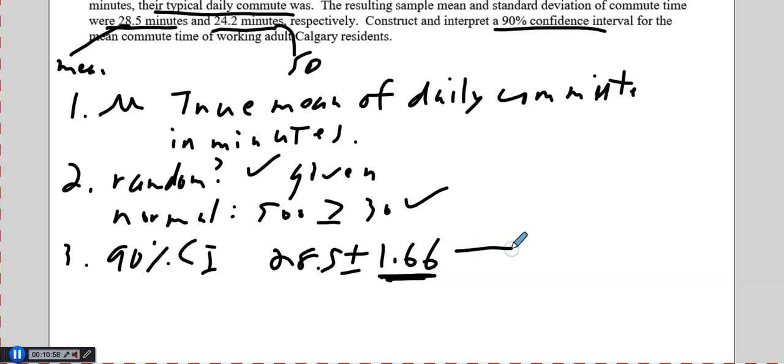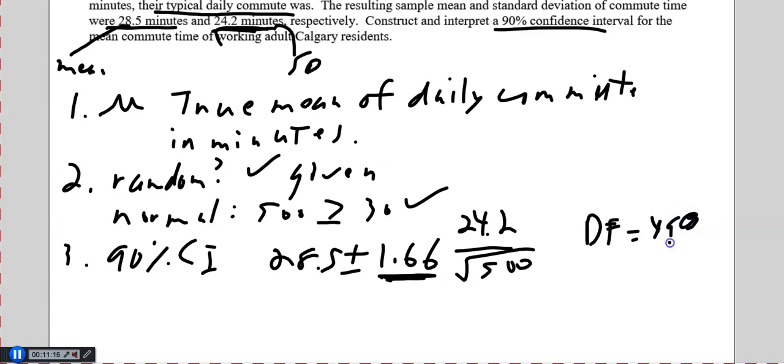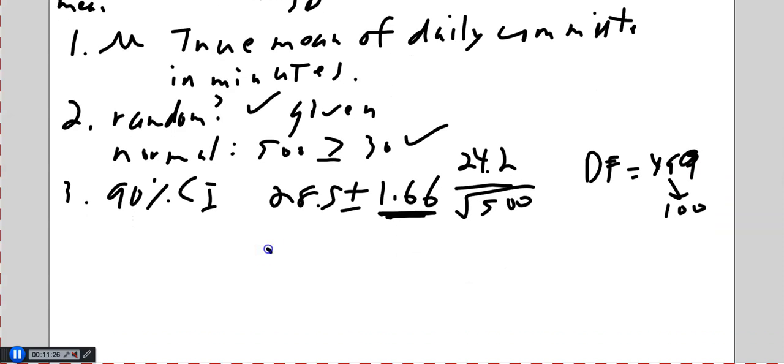Then this part's easy because we use the 24.2 standard deviation, which was given right up here. And then we take the square root of 500. So the degrees of freedom is technically 499. But remember, we drop and use 100. So that's just more of a reminder about the chart, a reference. That's supposed to be a 9. Okay. Again, I'm not going to get out the calculator. I'm just going to crunch the numbers right here. 28.5 plus or minus